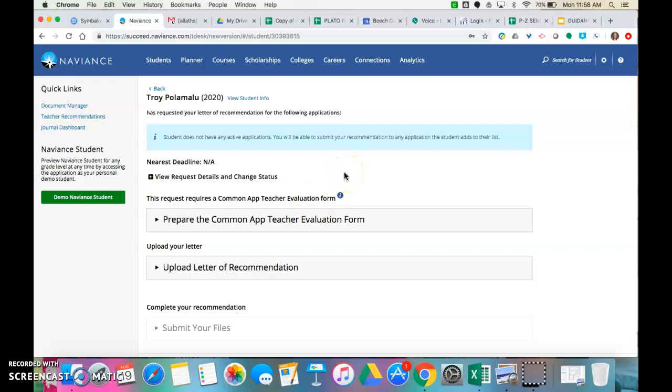Now, the trickiest part here is discovering if the student applied to their school using Common App or not Common App. So that's something I would recommend that you ask a student. If you see the Naviance request come through in your email, you could even forward or reply to the student and say, did you apply via Common App or not? If there is a Common App